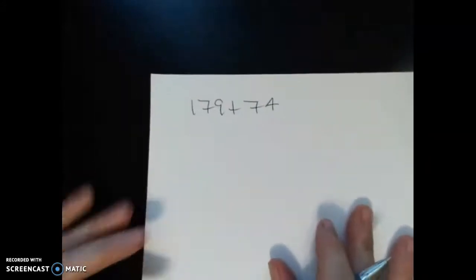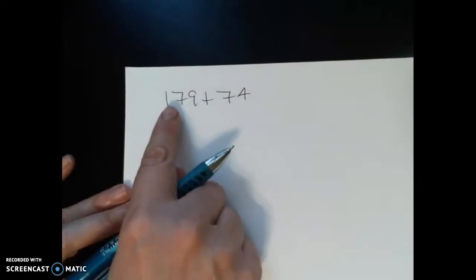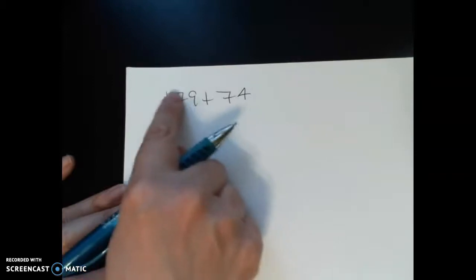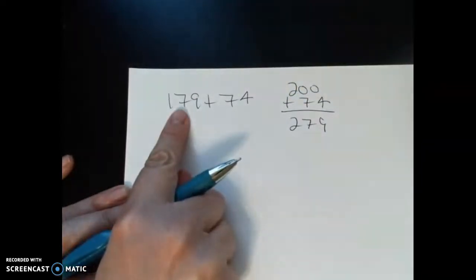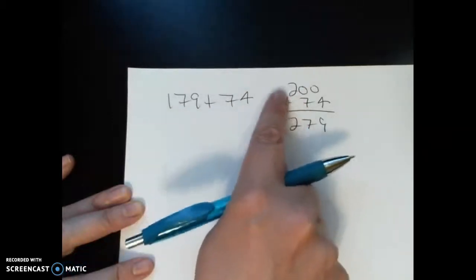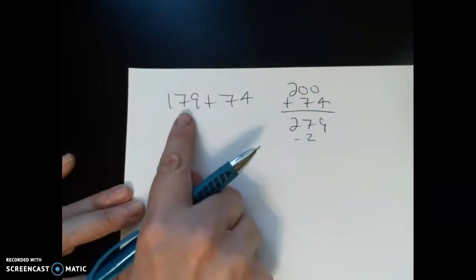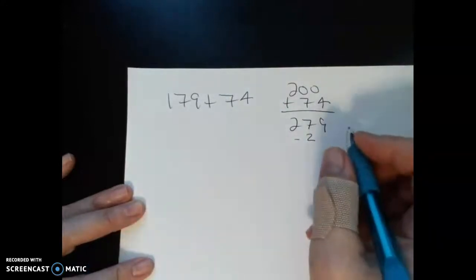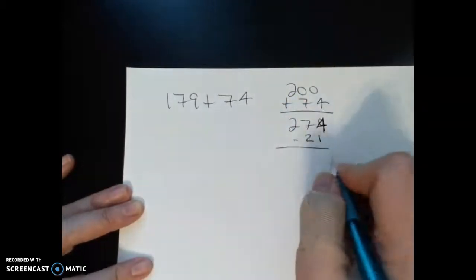Let's see, what else do you do? Let's see, rounding with compensation. Again, it's usually a good idea to just round one of them. Don't round both. But again, it depends on what you're doing. So if I round this up to 200, all right, that would be 200 plus 74. That's 274. So that makes it nice. But I actually added 21 more than I should have, right? I went all the way up, or added 21 to that to get up to 200. So I would need to subtract, is that right? I added 21 to this guy, yeah. So this is 274, sorry, I wrote it wrong. All right, so if I subtract that 21, because I added way too much,